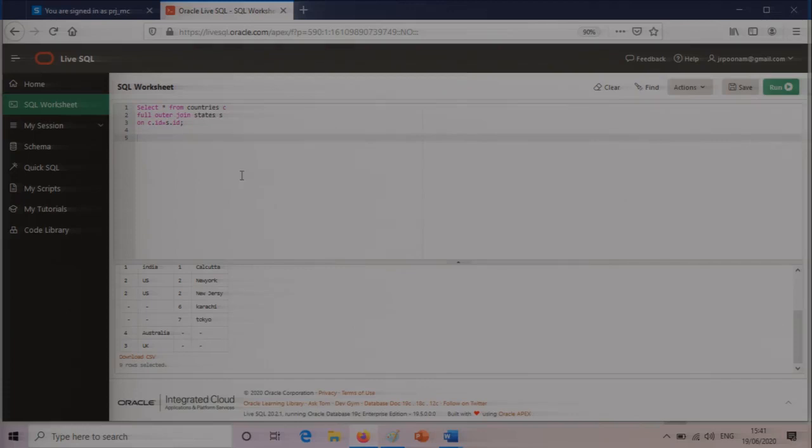So this is what it is, and what is the syntax? It simply goes how we had written the other queries. It says select star from, and the left side of the join is the table, that is the countries table, which I have given an alias C. Full outer join is the clause that you write, and on the right hand side there is another table, the states table, which has been given the alias S. Then you have to write the on clause. There is no where clause. You just have to write the on clause. And what is the condition you have to write? C.id is equal to S.id, and then merely run it. So this is the output.